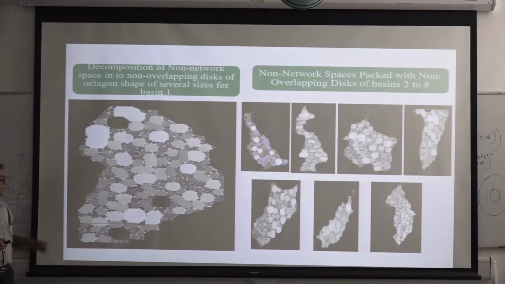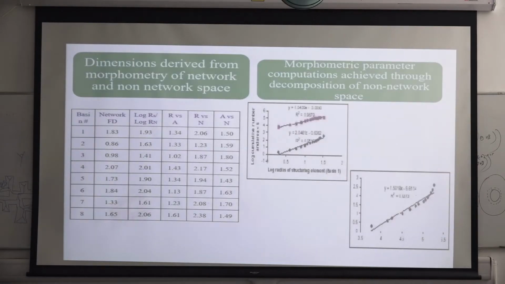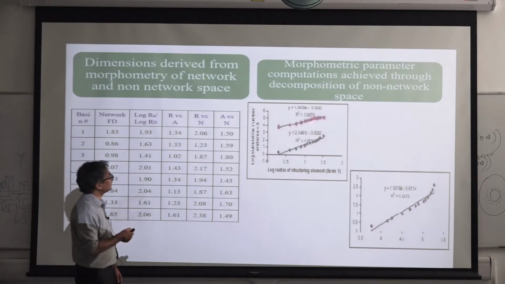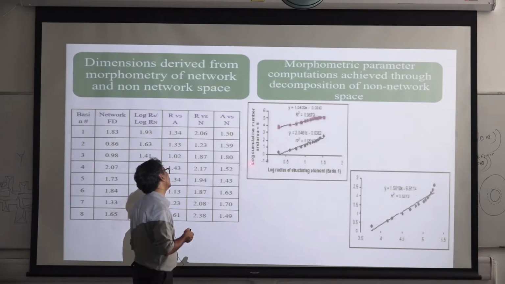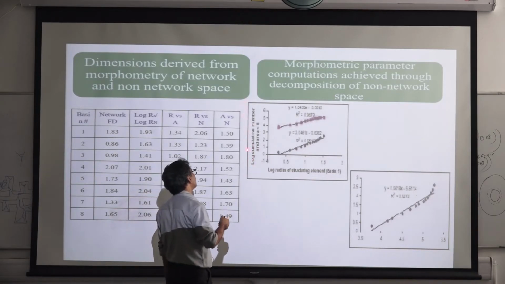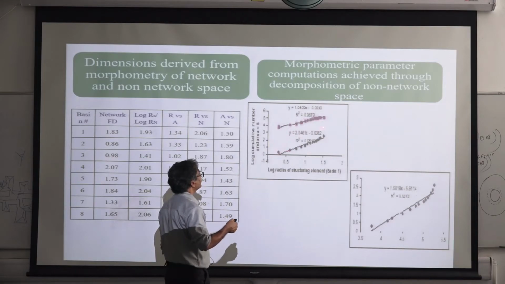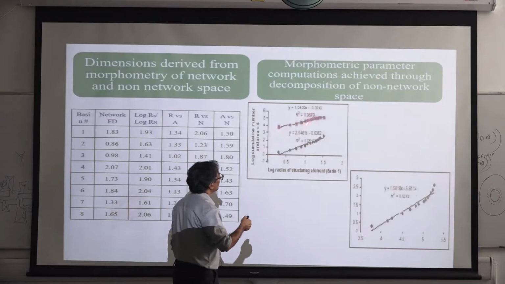And when we plotted that, that's what we have shown, somewhere here. I think we have shown those relationships, log radius of structuring element and log cumulative number, and then we could see that there is a linear relationship, and the slope values are universal across all scales,